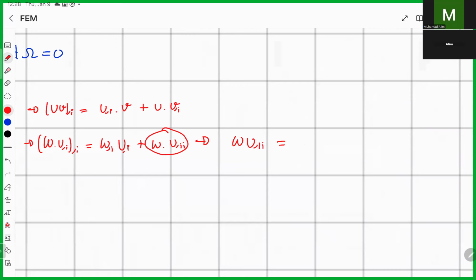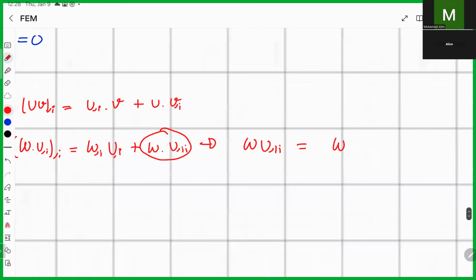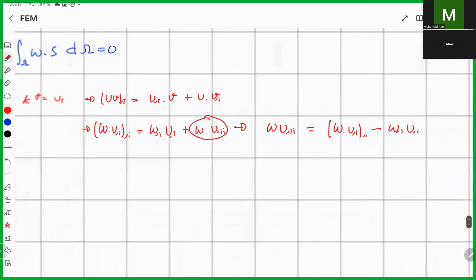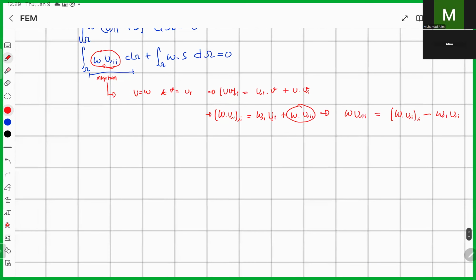So what you want to do is to have this equals to W U here. Sorry, it's to here and then here. Sorry, here equals minus here minus W here U here. Okay, this is what you want. And then you substitute back to this equation. Eventually, you will obtain this equals to